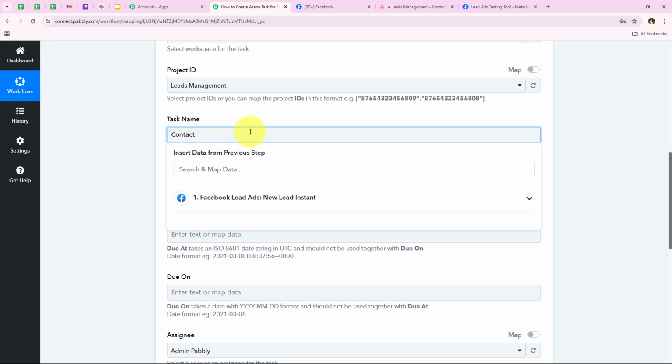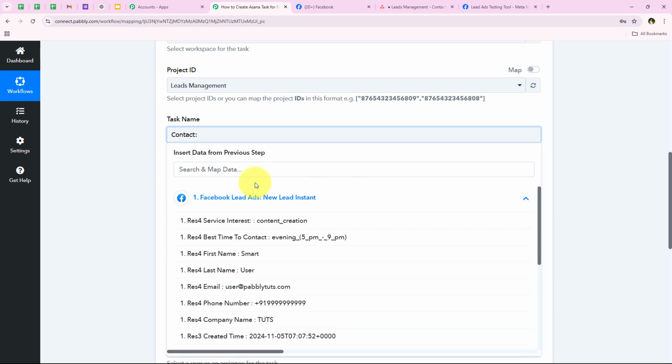Over here we are going to enter the name of the lead, but we're not going to enter it manually, but instead we're going to map it. So you must be wondering what is mapping, right? So mapping is a method by Pabbly which means inserting the data from the previous step. And as you know, our previous step was the trigger step where we selected Facebook lead ads as our trigger application. We're going to map the details from the response of our trigger application only. And as soon as it's going to map these details, automatically my details will turn dynamic and change with every